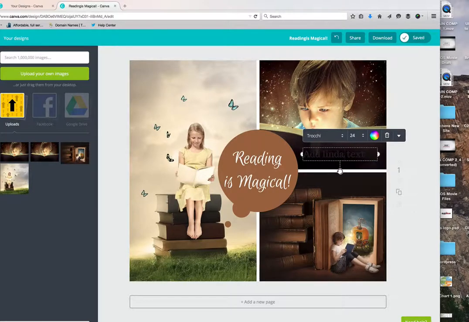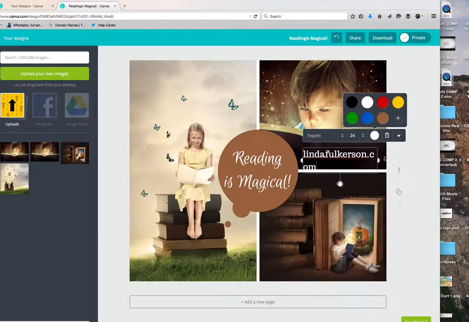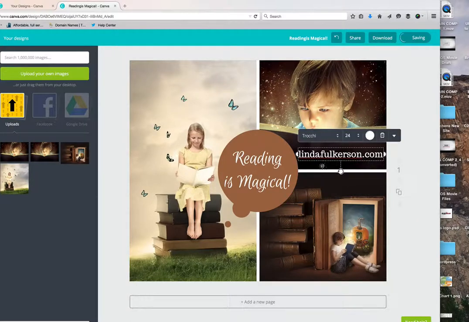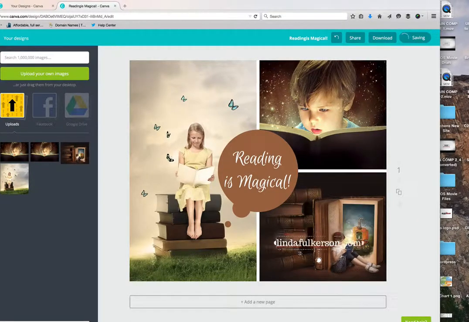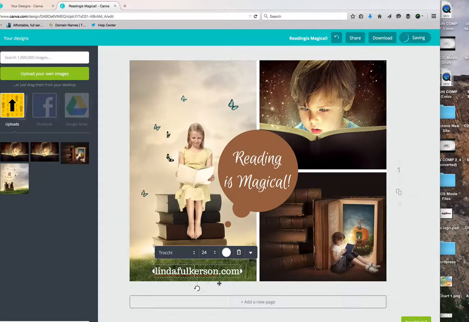I'm going to have to change the color of the font to, let's make it white, then we can see it. There. And if I stretch this, then it'll actually say lindafulkerson.com. We can go ahead and put it down here, I guess. And if I don't like that, if I want it to match the